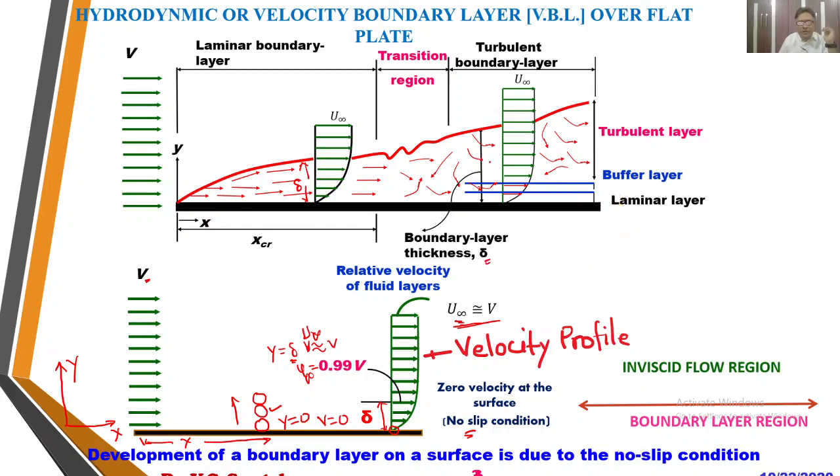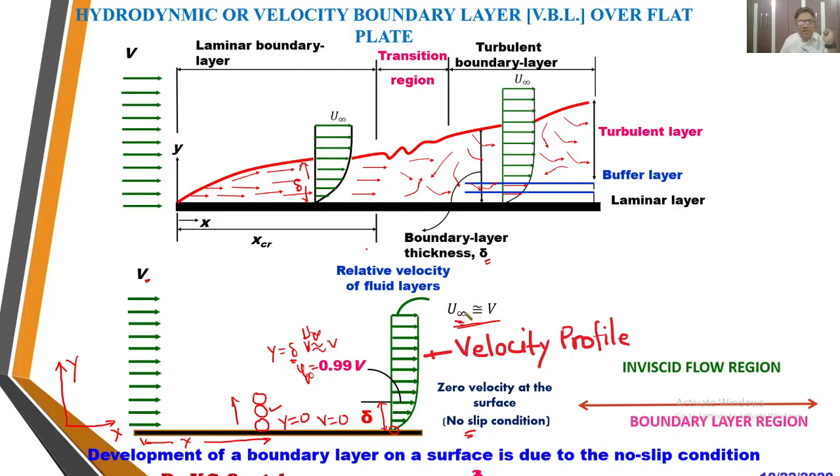This is because as we move away from the leading edge of the flat plate, more and more viscous shear forces and their effects come into the picture, which causes more and more fluid particles to retard in the y direction, and as a result, the velocity boundary layer thickness increases. Also, the velocity boundary layer formation is affected by the velocity of the fluid.